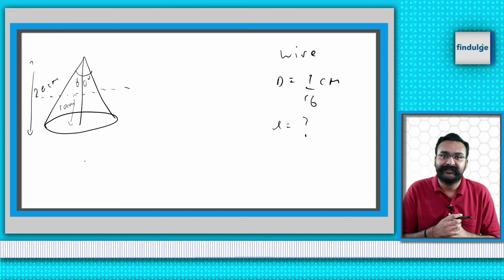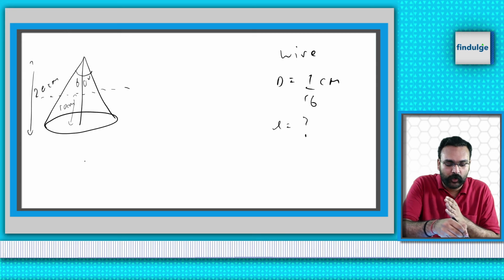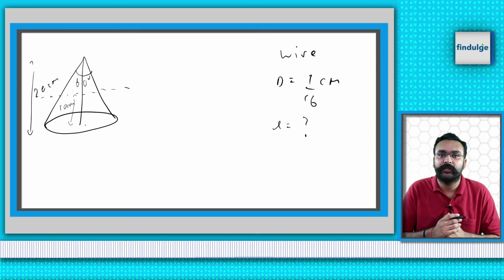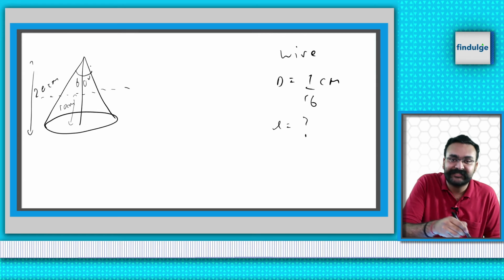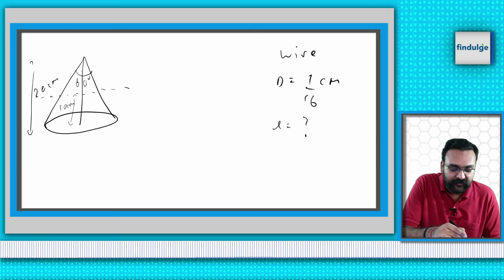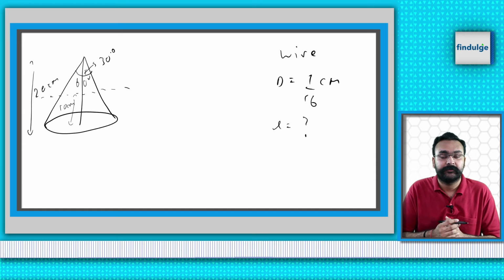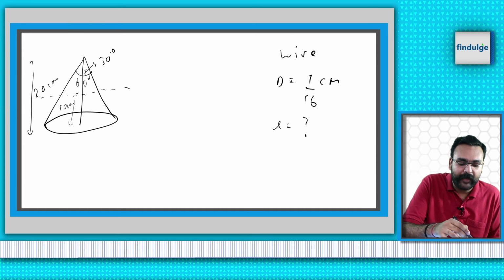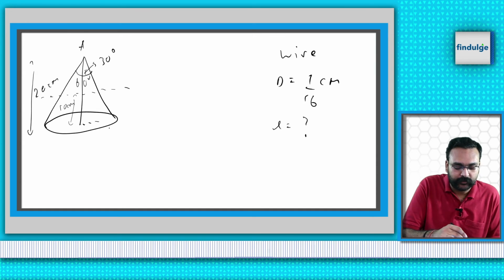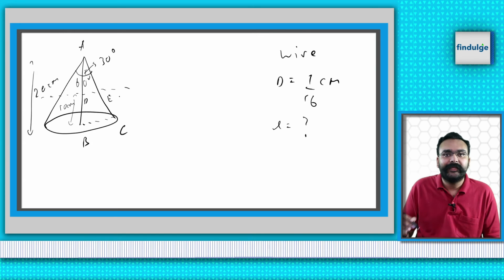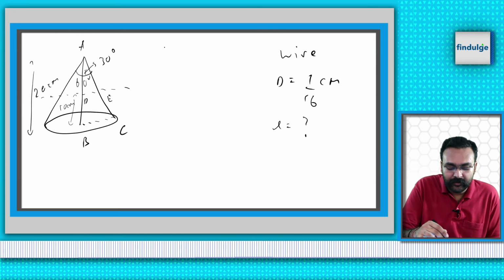The height at the center, if I imagine that I've drawn the height, will be perpendicular to the ground and bisects this angle. Therefore, this angle is nothing but 30 degrees. And so if I mark my figure A, B, C and then D, E, we get in triangle